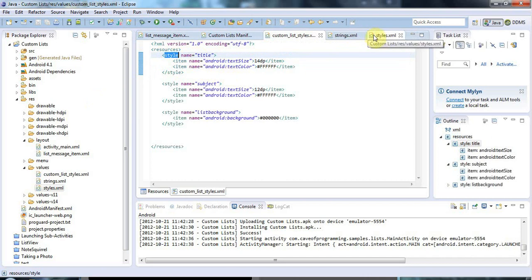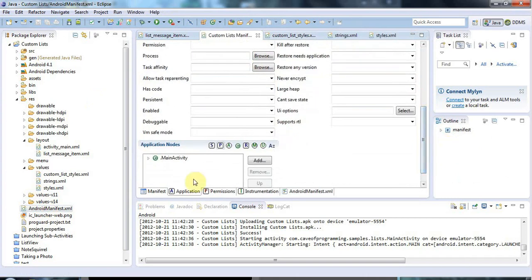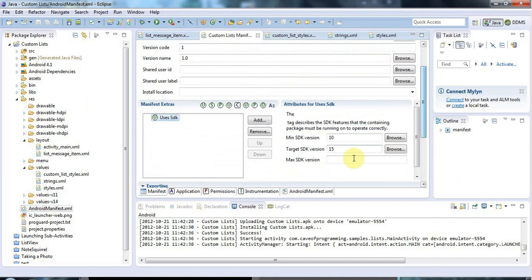But now, if you look at your manifest, uses SDK, you see I've targeted this for API level 15, but I've said that it runs on 10. And if your target is at least 11, which is, I'm forgetting the name for it now, is it Gingerbread? It's Android 3.0, basically. Version 11 will be Android 3.0. So as long as this is at least 11,